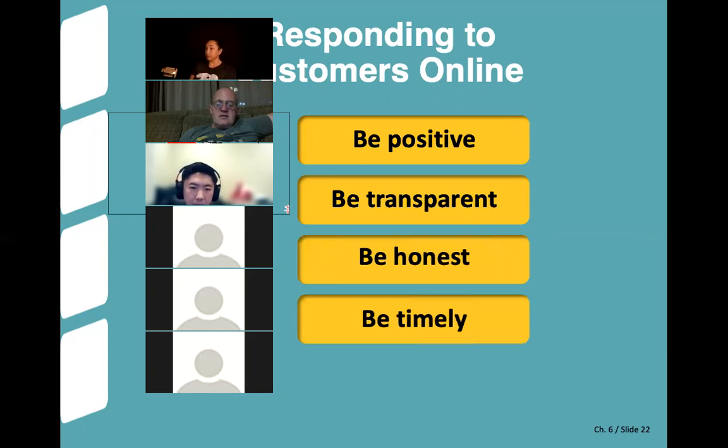Honesty, timely. So if the letter had come in and it took 6 months to respond to that customer, the feeling is not going to be as positive on the receiving end. They're going to feel like, wow, it took them long enough to get back to me. And then likely they had forgotten they'd even written the letter in the first place. So it's much better to try and respond on a timely basis.